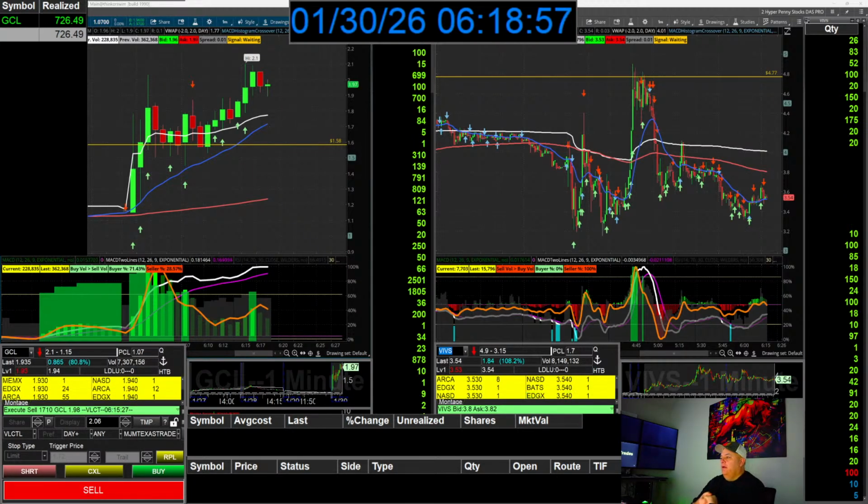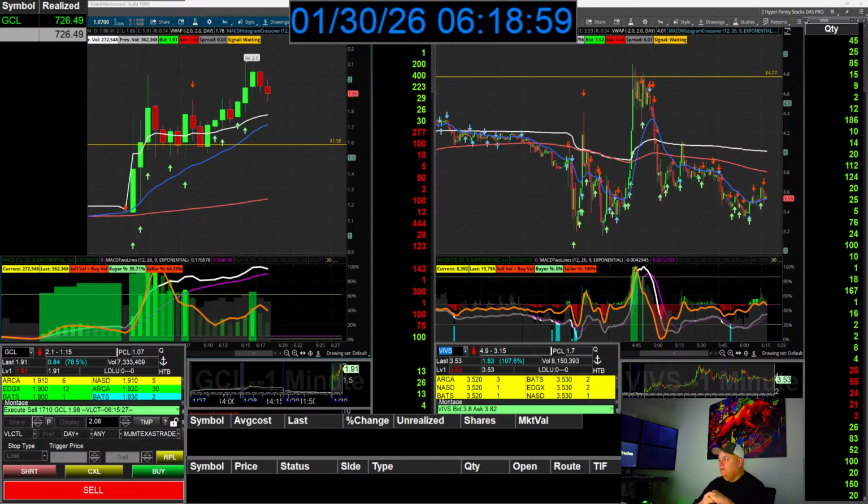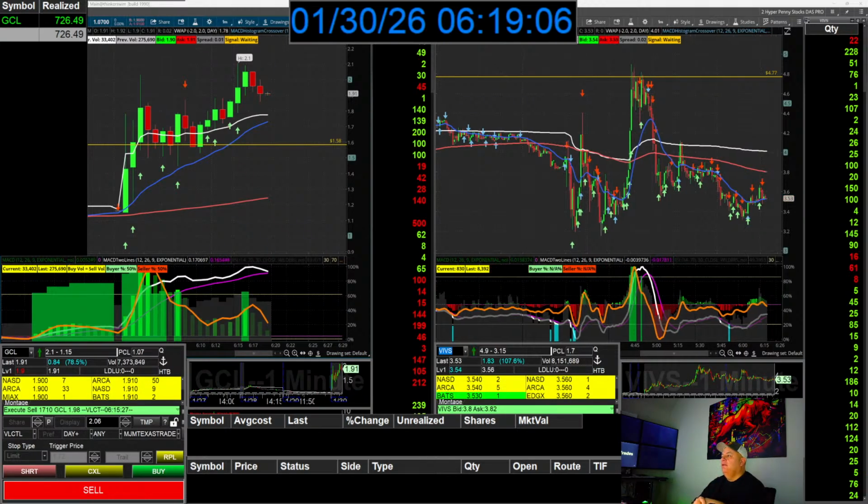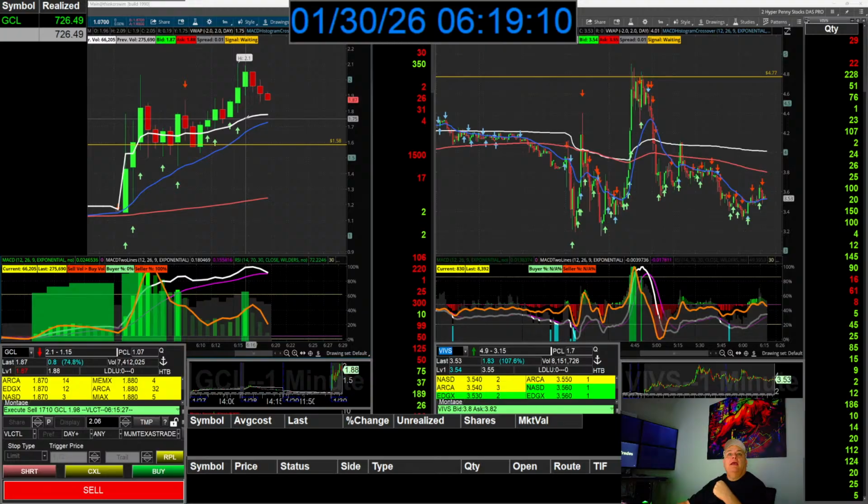So like I said, the stock, let's see if it bounces off the VWAP for a second leg up, because right now everybody's taking profit. A lot of these guys taking profit. They were holding since I was holding. See my line there at $1.58, and I got out at